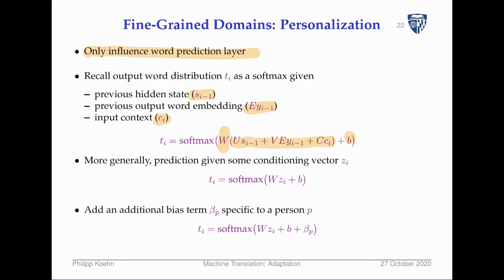So now the idea is we're not going to just do this calculation with a bias vector, but also add an additional bias vector that is specific to a particular person P. So we're going to learn additional bias vectors for particular person P. So we're just going to prefer their word choices, may it be because of their particular personal style, or may it be because of the subject matter they translate, technical domains, where Windows always means something else, so particular translations show up more often than others. Okay,